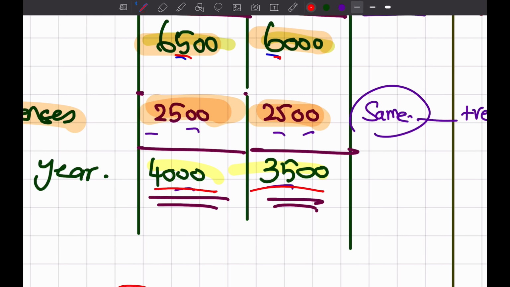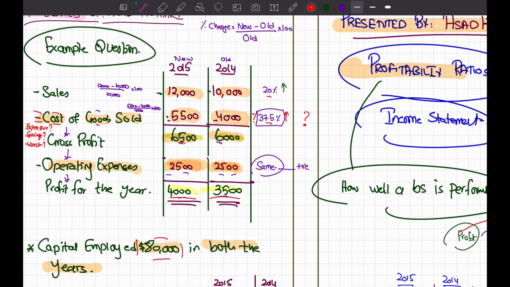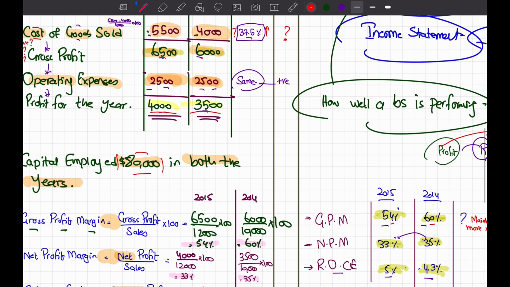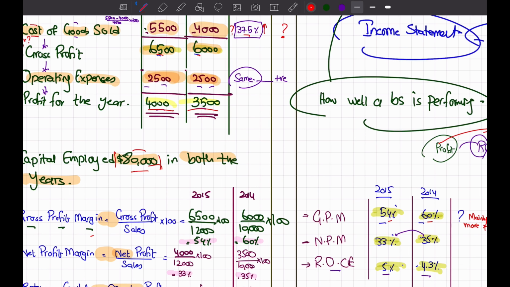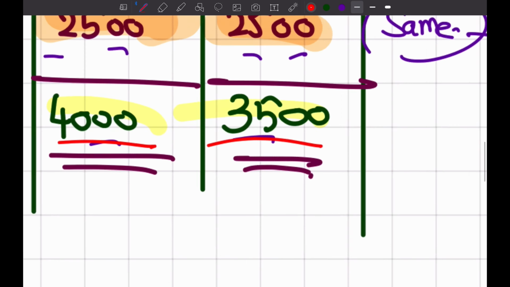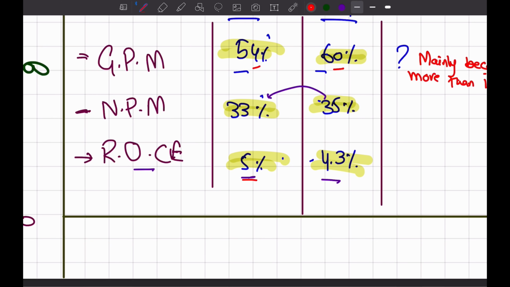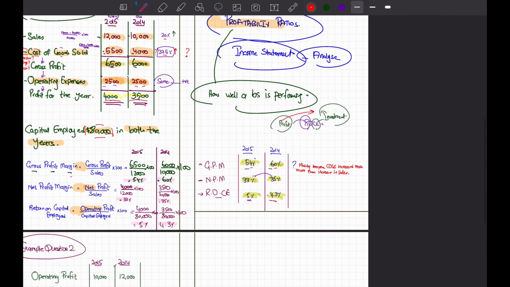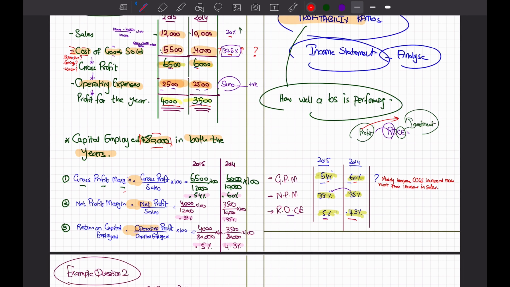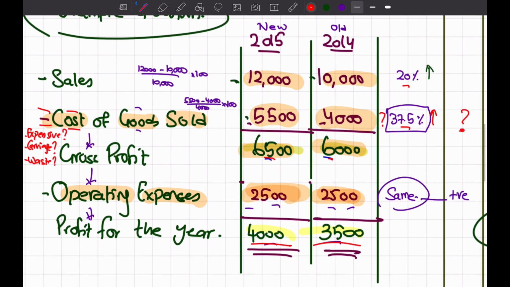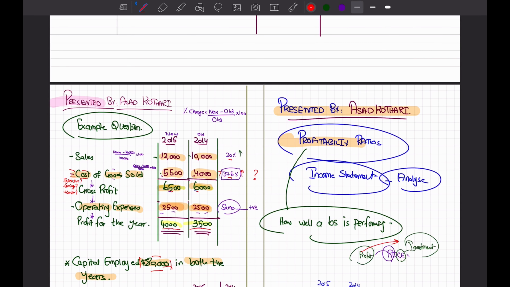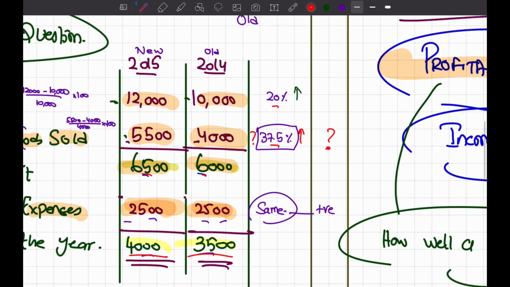जब हम सेम इन्वेस्टमेंट के ऊपर, ऑन द सेम इन्वेस्टमेंट ऑफ $80,000, जब हम लोग ज़्यादा कमाएंगे, तो ऑब्वियसली रिटर्न ऑन कैपिटल एम्प्लॉयड विल बी मोर, राइट? आपने सेम अमाउंट इन्वेस्टमेंट पे जब ज़्यादा कमाओगे तो ओवरऑल ROCE हैज़ इम्प्रूव्ड, इवन दो द ग्रॉस प्रॉफिट मार्जिन्स and the net profit margins decrease due to poor control on cost of goods sold, but ओवरऑल आपने प्रॉफिट्स को अच्छा